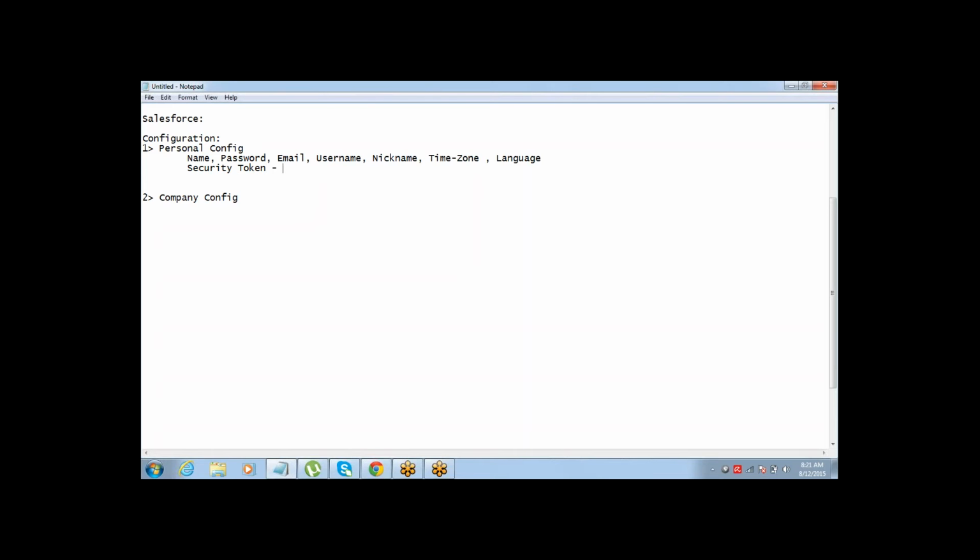See, a security token is an additional password, a system generated alphanumeric key, which Salesforce sends to you. This security token can be used while you are accessing your Salesforce outside your trusted network, or you are trying to access Salesforce from a standalone application.